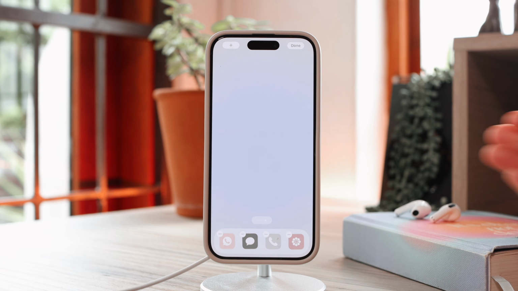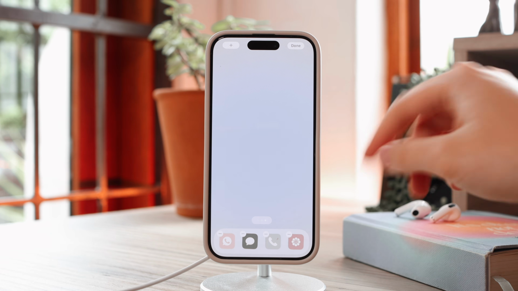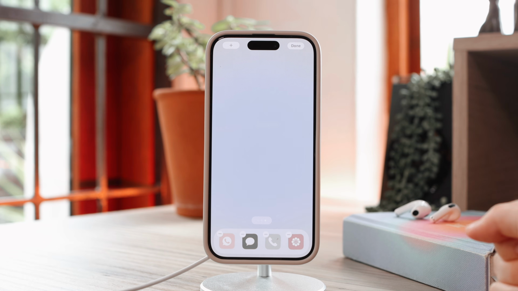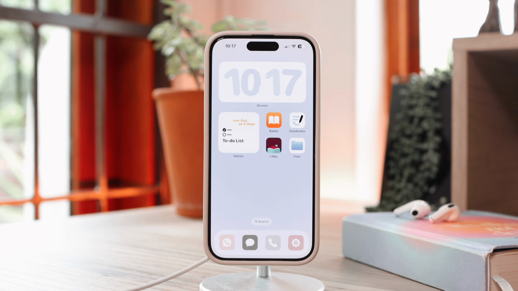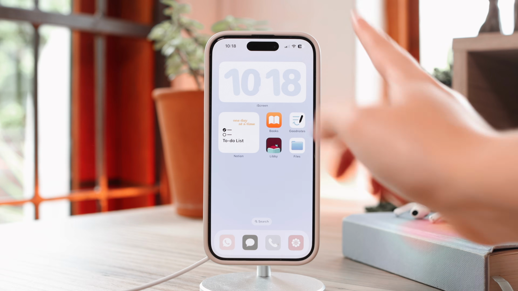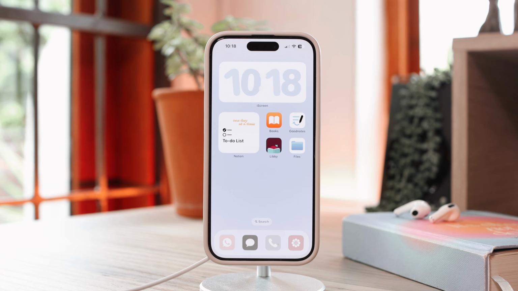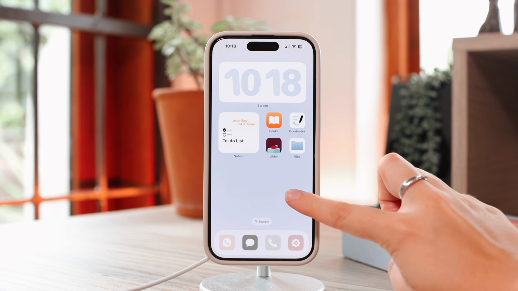You can create custom icons for each individual focus if you want to, and just play around with creating your optimal home screen setup for your focus. So here you can see I have my home page complete, my home screen with all my widgets and apps. You can have more than one page obviously for a focus, but I just prefer having one screen per focus. But what we're going to do now is we're going to hold down here,